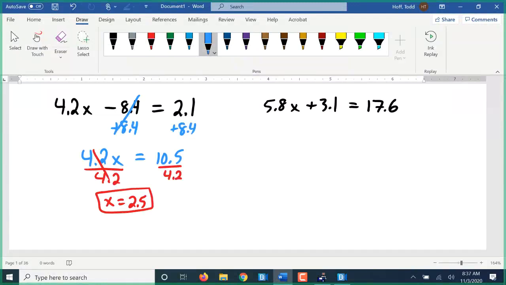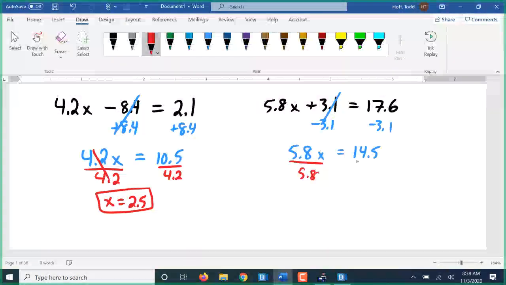So, first thing we want to do here is subtract 3.1. So 5.8x equals 17.6 minus 3.1 is 14.5. Then we're going to divide by 5.8. X equals